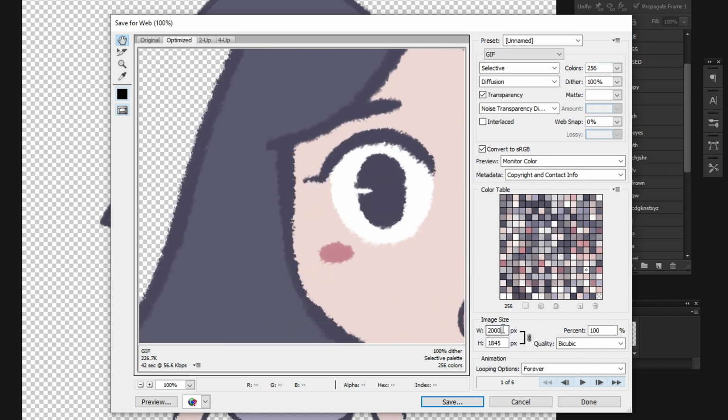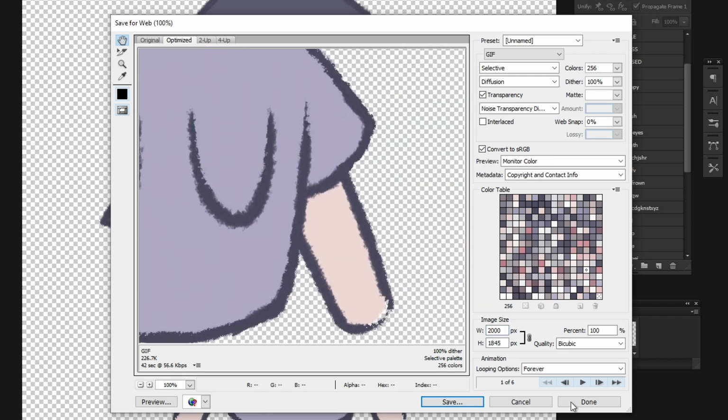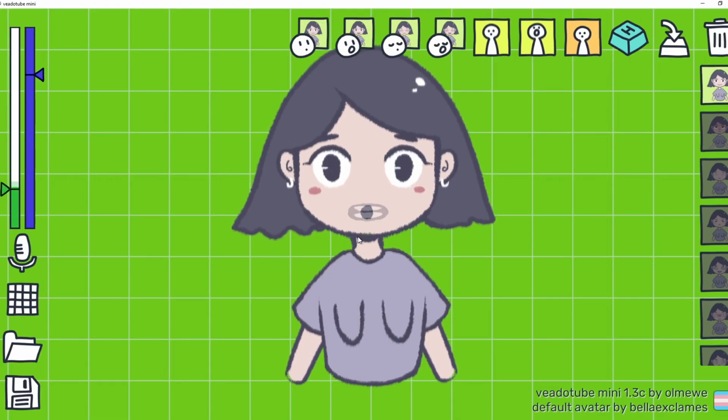Now for the size, this is generally a big size for a GIF, but at this point I'm using it for OBS, I'm not using it for the internet, so it's good on my part. I just go with whatever size I'm currently using. I recommend you make your avatar GIFs more than 1000 pixels. For me, I just went the extra mile because why not? If my laptop can handle it, I went the extra mile. And then for looping, you just put forever. Once you have completed saving it, it's going to look something like this. So this is what it generally looks like.